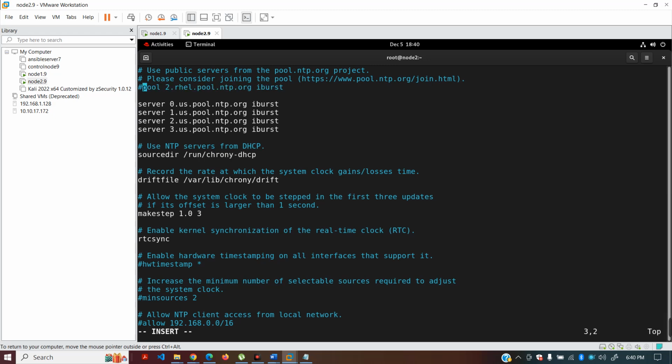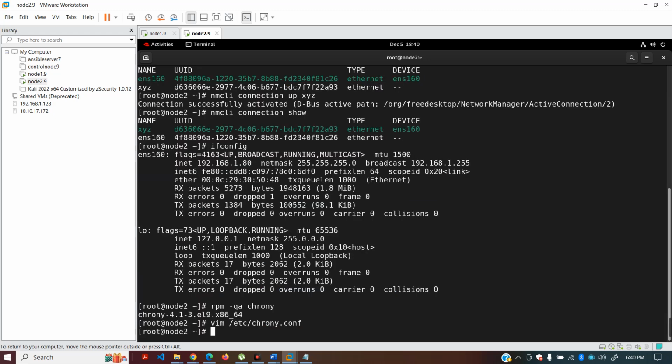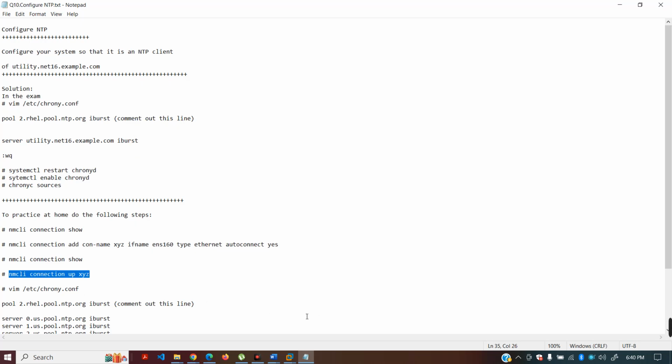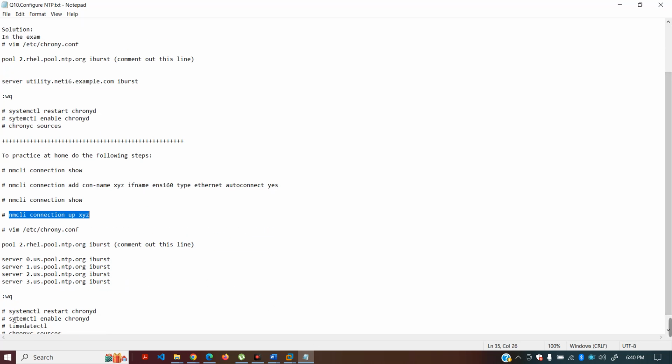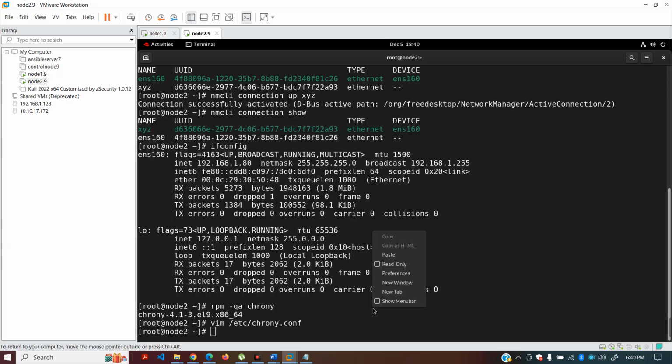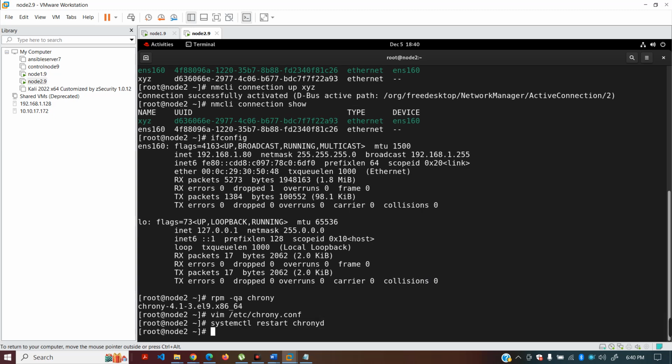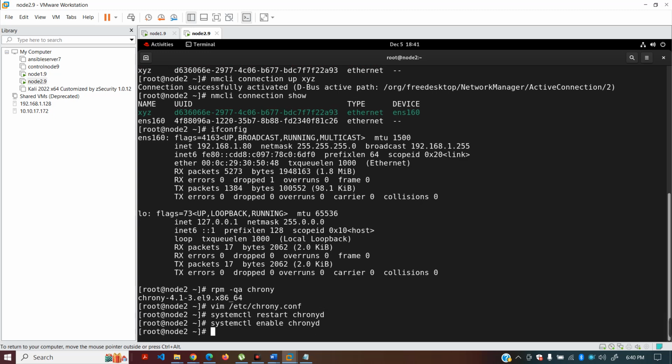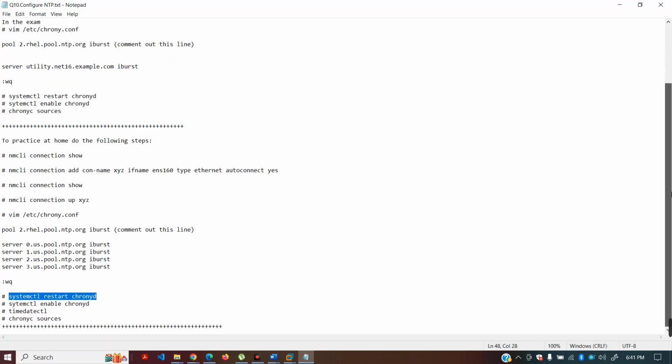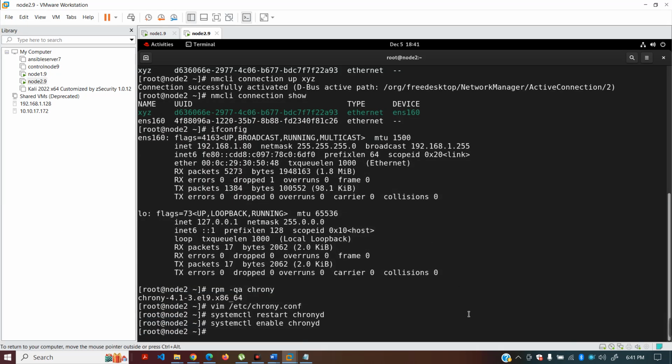After this you have to save this file, and then restart the service. Run this command, restart the service, and then enable it so that it remains boot persistent. Once you are done with this, you can run this command just to check